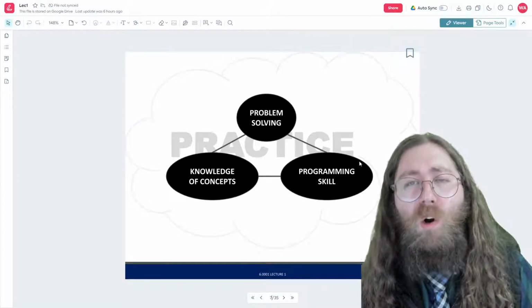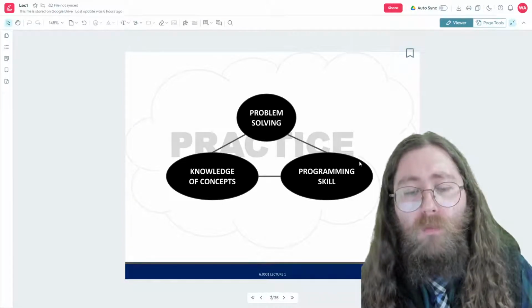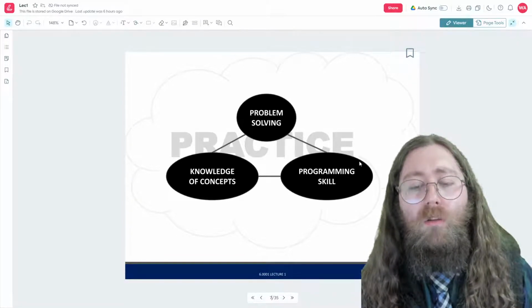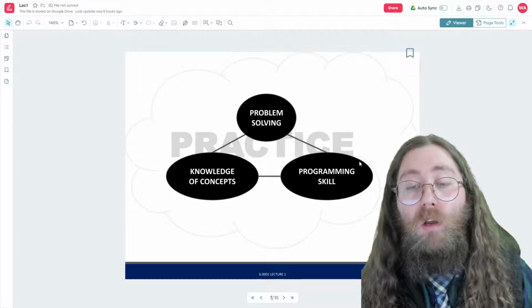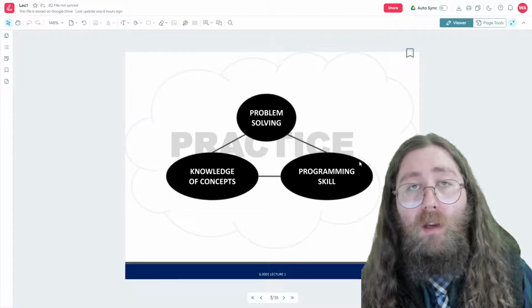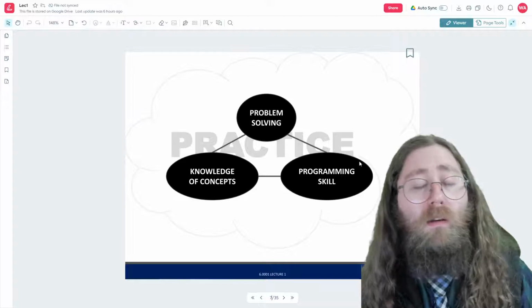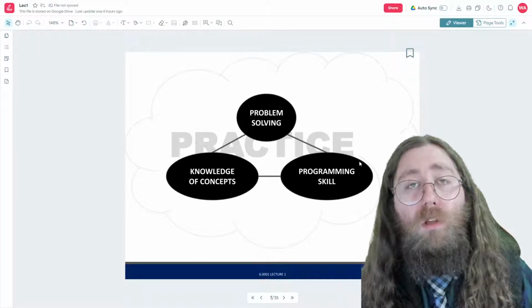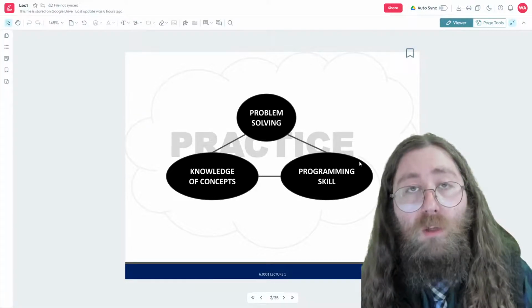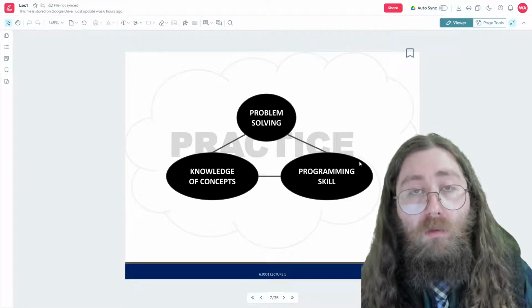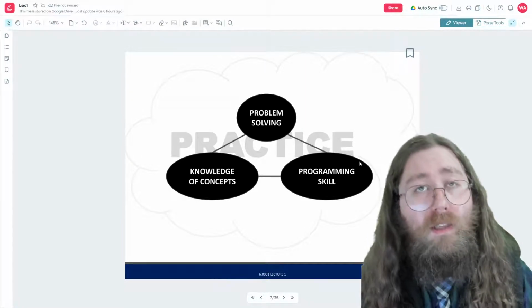So the whole point of this course is, of course, to learn how to program in Python. But as far as why we do this kind of course, there's three big areas here. There's programming skills, like the specific syntax and concepts related to the Python programming language or programming languages in general. There's a knowledge of the concepts. Right?